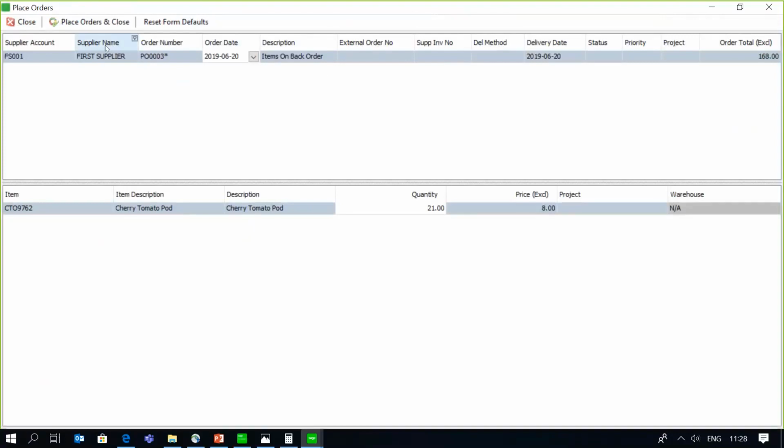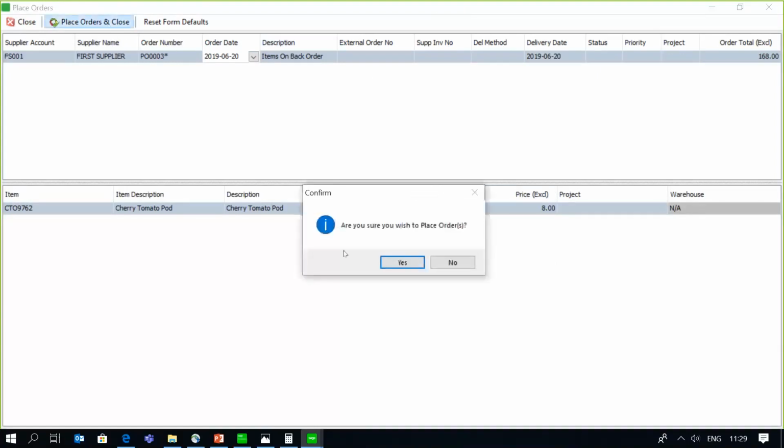So as you can see, my supplier, which comes from the item linked to the order, my supplier linked to the stock item. There's my PO number and my description, which I set up on my template. And it now tells me that this is the item and this is the quantity that's going to be ordered at that particular price. And there's my order total. So now I'm just going to say place the orders and close. Place those orders,